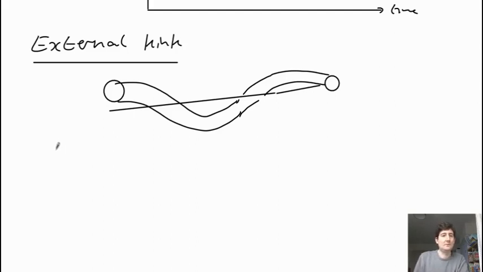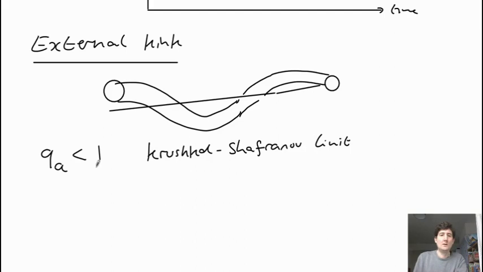So the strongest limit on tokamaks is, for example, that Q, the safety factor at the edge of the plasma, must be greater than 1. If it's less than 1, then the entire plasma can become unstable, and this is the Kruskal-Shafranov limit. And so Q, the safety factor,